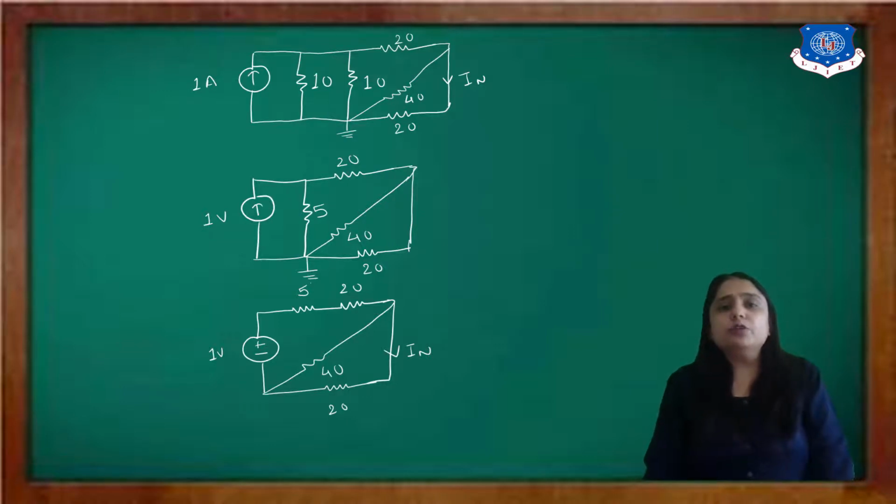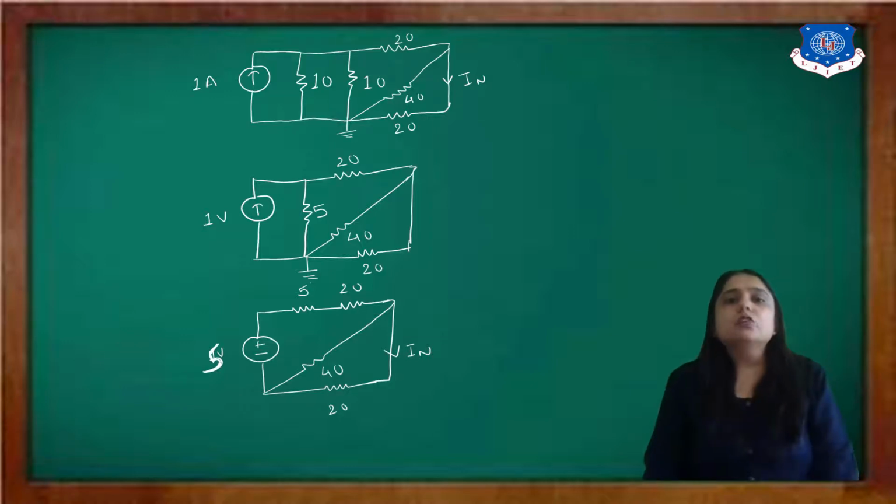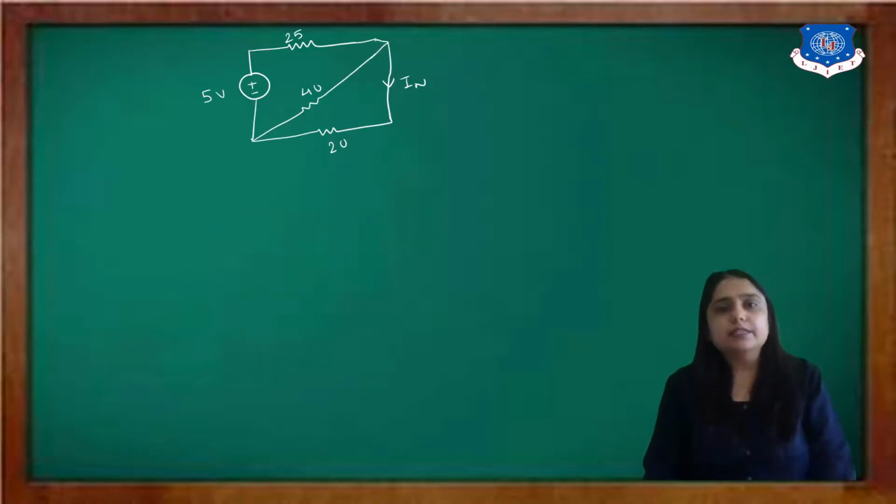Now next, you can simply convert this current source into a voltage source, because I have a current source of 1 ampere that is in parallel with the 5 ohm. So when we convert this, you have to multiply, because V equals IR. So 5 multiplied by 1 equals 5 volt, and then this 5 ohm and 20 ohm are connected in series, and the rest of the network is as it is. Now when we solve this, 5 and 20, we get 25 ohm of resistance, like this, and the rest of the network is as it is.